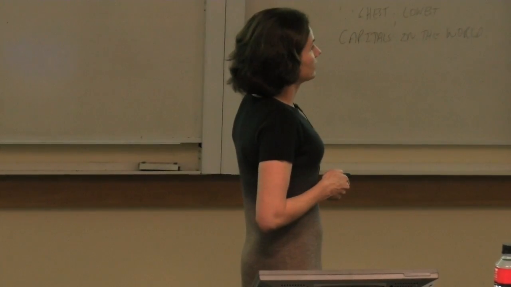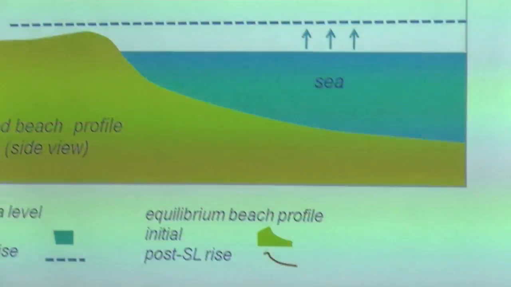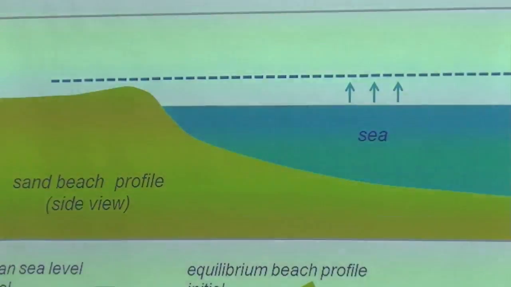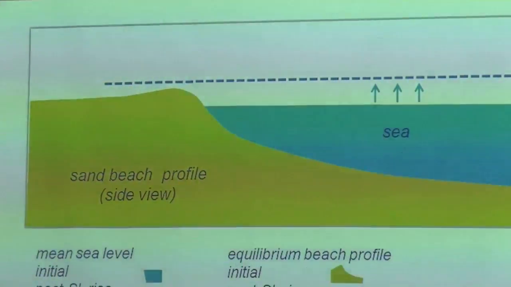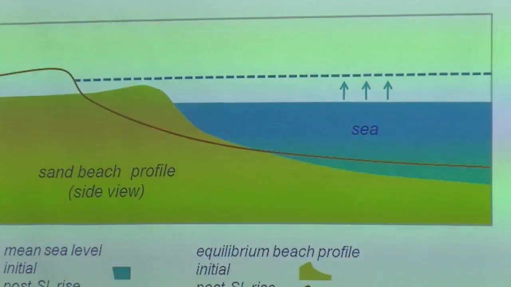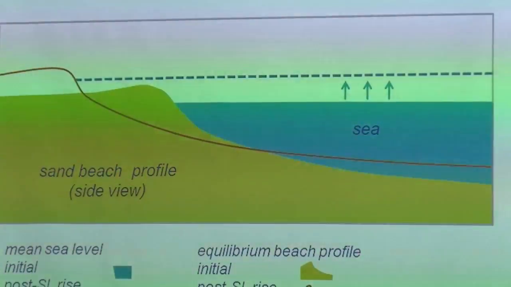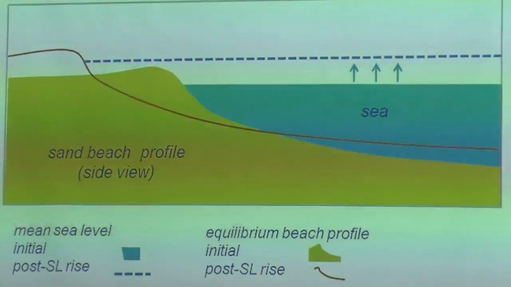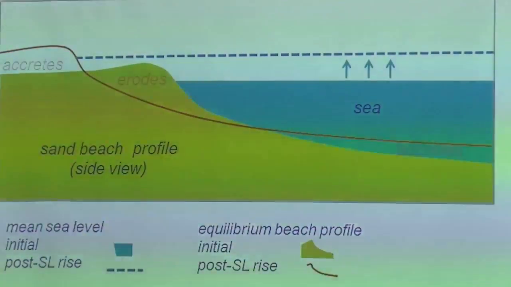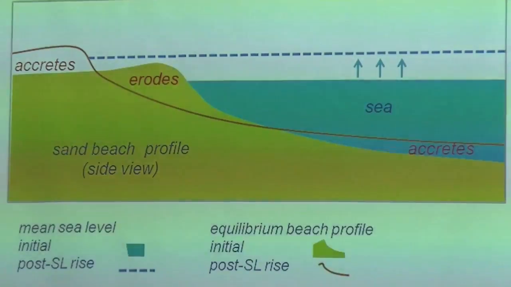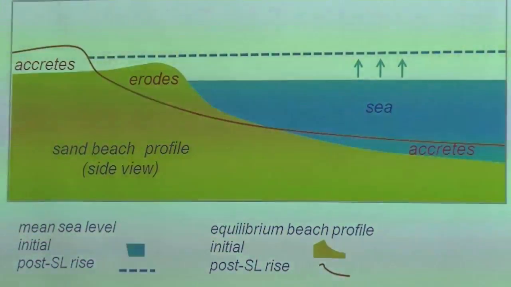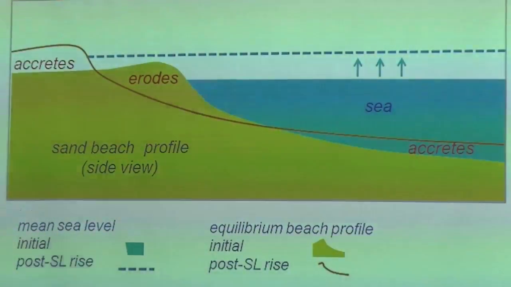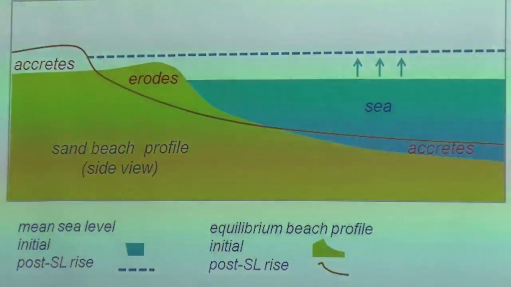So it says with a sea level rise, you will get a response in the equilibrium profile. So that's kind of a statistical average profile. It's not what you'll see at the beach every day, but over the long term is how the beach will look. And the profile will move landward and it will move up. So we will erode this part of the beach, our sand beach, and we'll use that sediment to build up the nearshore shelf and to accrete or build up the elevation of the profile.